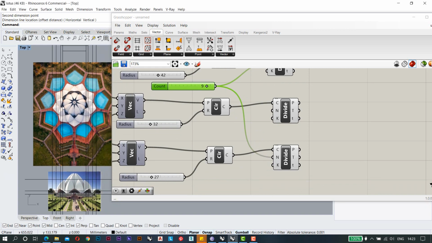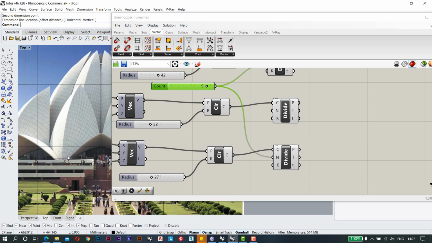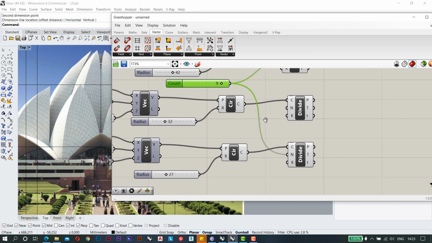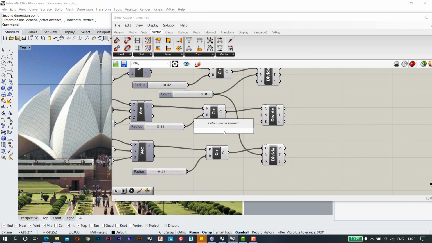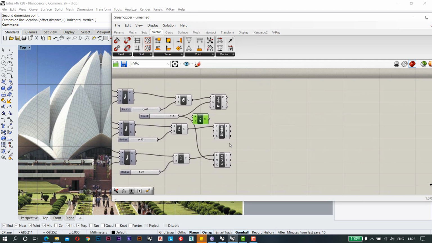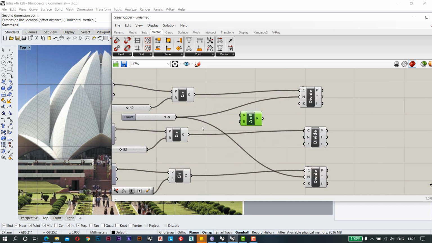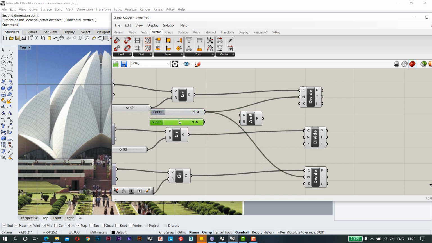But if I see the middle one, we need double points because the arcs are joining there. Like we have the top and at the bottom, but here you will have the 2 points every time. So basically what we need to do is we need to multiply this number. So I'm just making a multiplication factor here. So for better understanding, I'm just making a little bit space here. So we need 2 number sliders, another will be this one again, and this value will be 2. So this will go there and this will go here and this will go somewhere here.